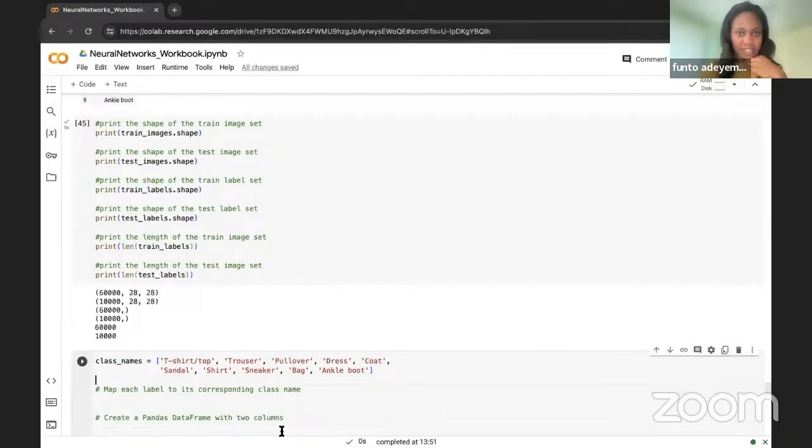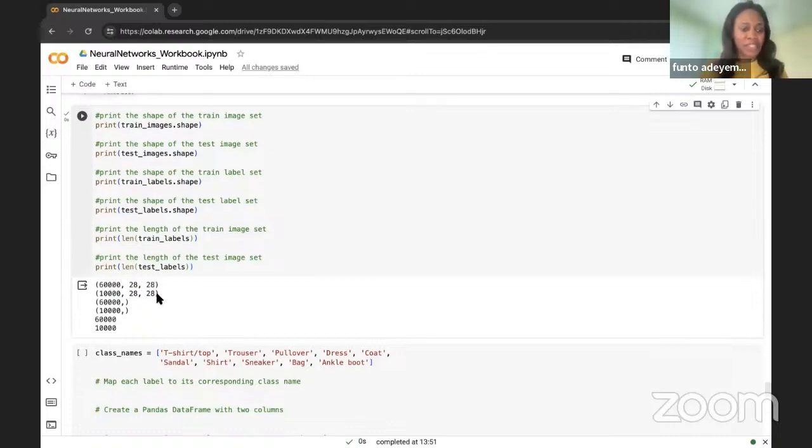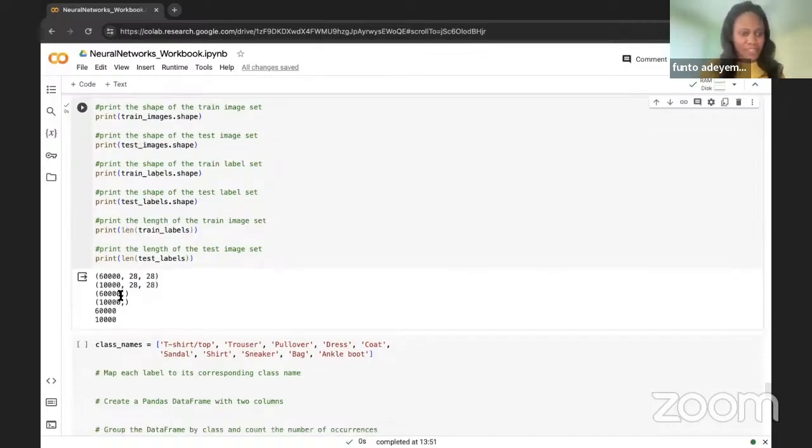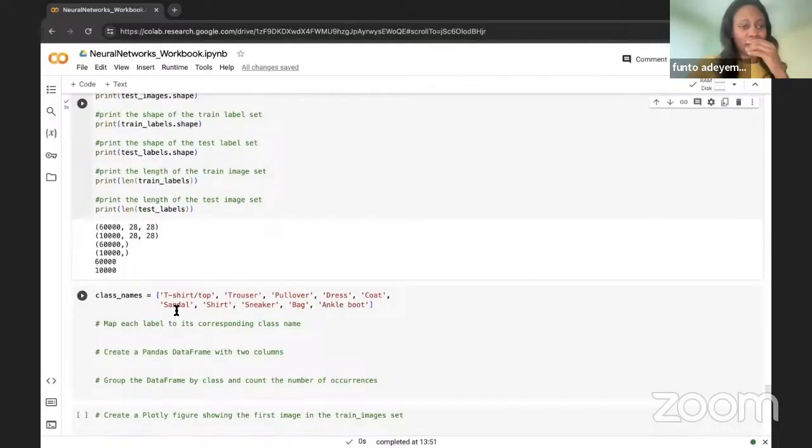So as seen here, for the train images we have 6,000 of them. For the test we have 1,000, and there are these dimensions because they are images, right? Then for the train labels, 6,000, test 1,000, then just the length, right? So after that, we would want to get